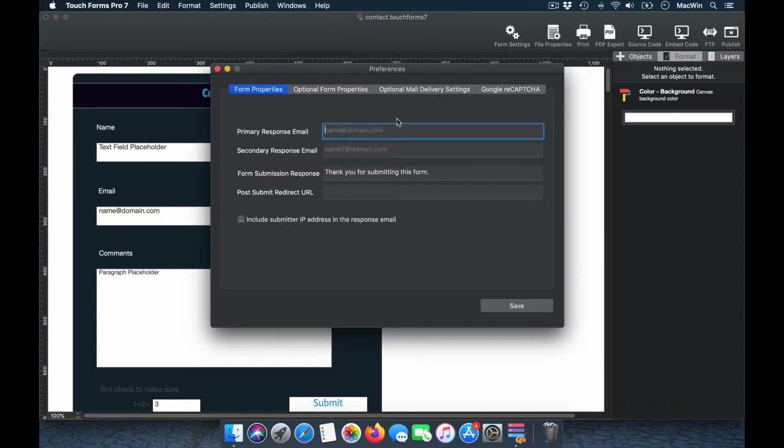So this form will have a property where this email has to be sent when someone is sending. So give your to email ID here. And if you wanted to give a response email ID, you can give it there. That's the automated message which shows up there. Thank you for submitting the form.